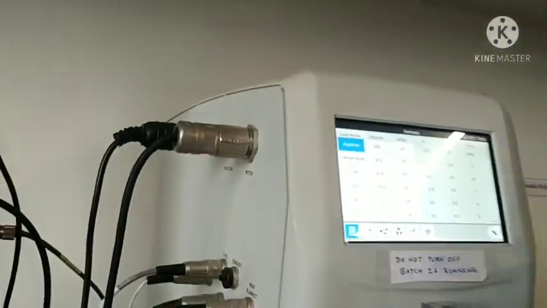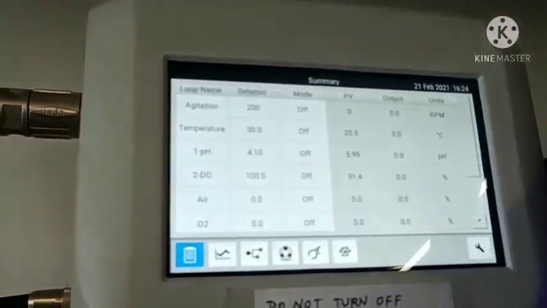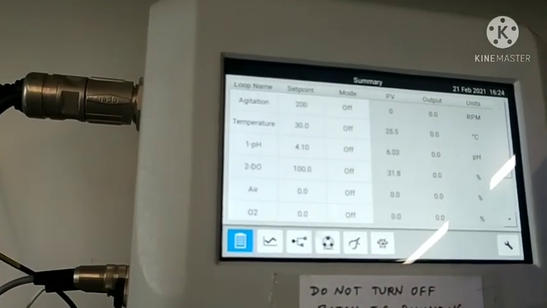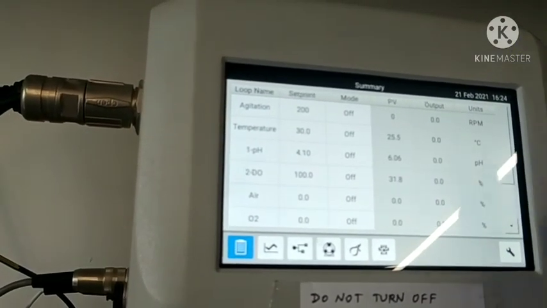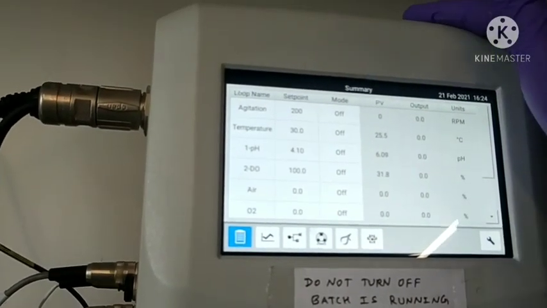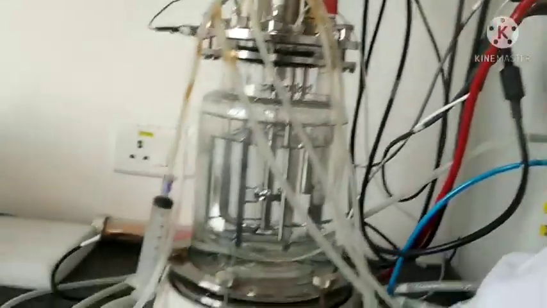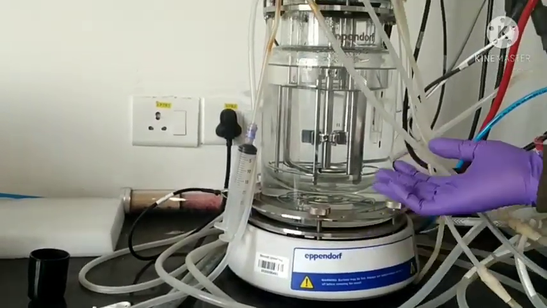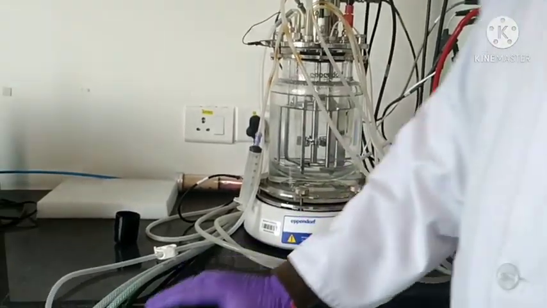Second, for maintaining the temperature, there is a requirement of maintaining temperature at 30 degrees, or 37 for fungus and bacteria. So basically there is a requirement of high heat and low temperature materials: you can use chilled water for lowering the temperature, and a heater for increasing the temperature. For increasing temperature, there is a heater down at the bottom of this bioreactor. This will heat up the temperature when it is required to be high. And it is attached with a controller unit.